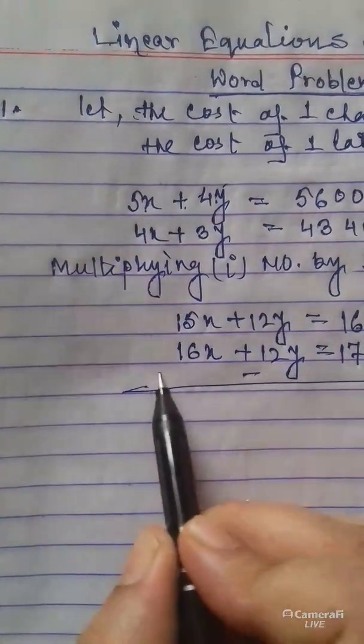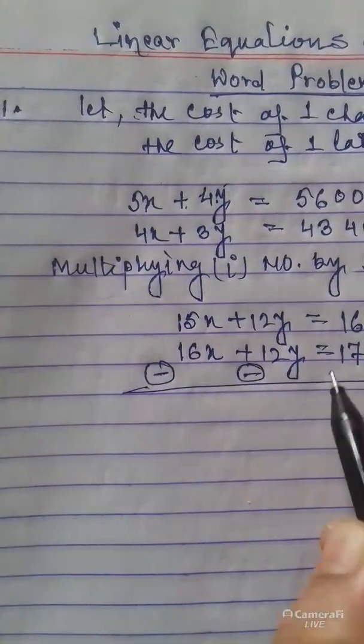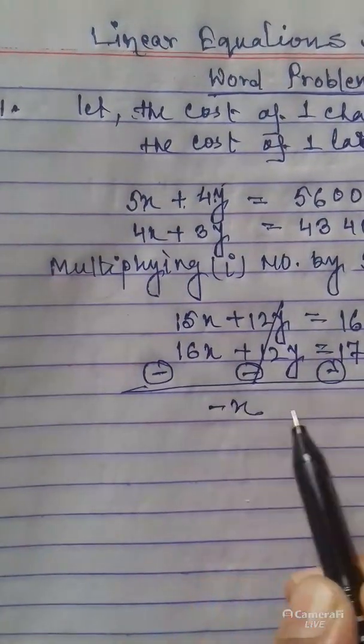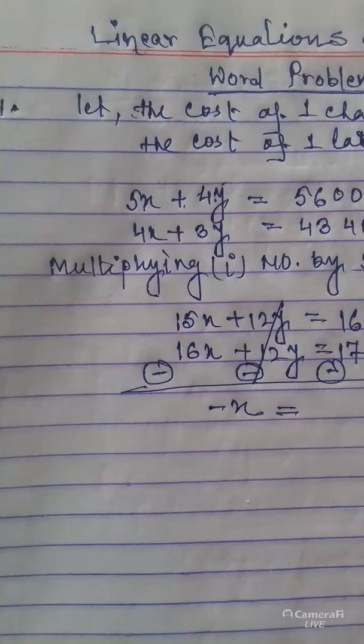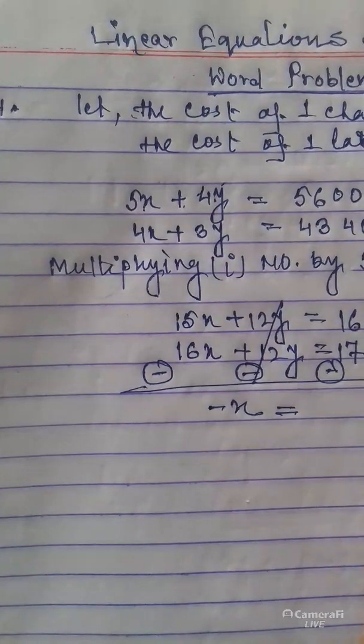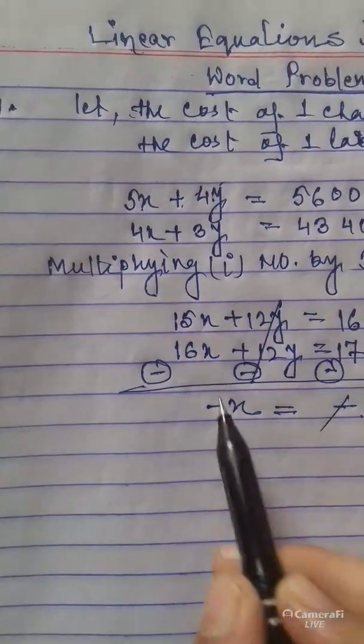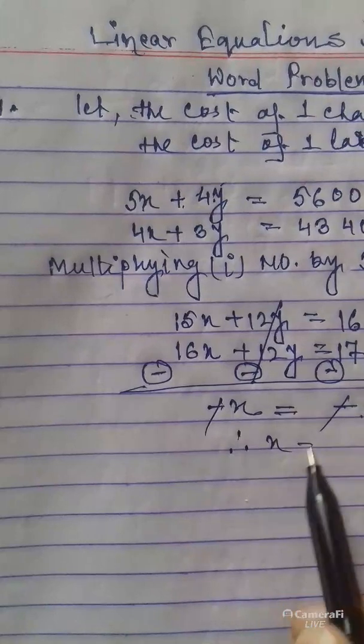Now subtract it, change the sign. 12y cancels, minus x equals minus 560, minus cancels, therefore x equals